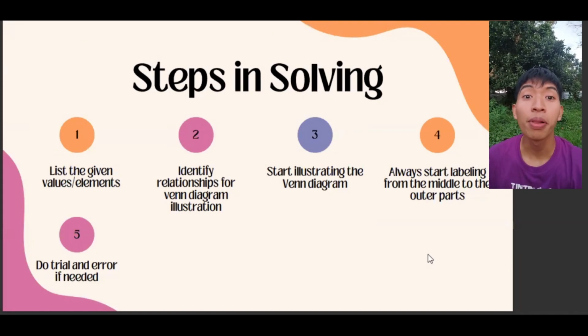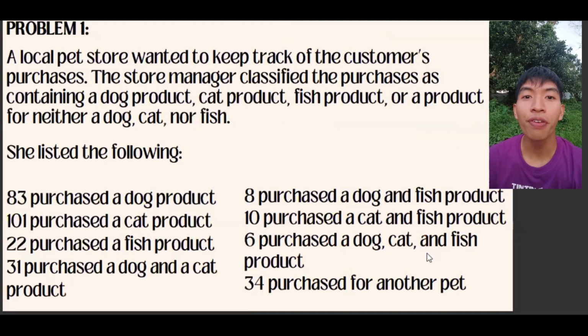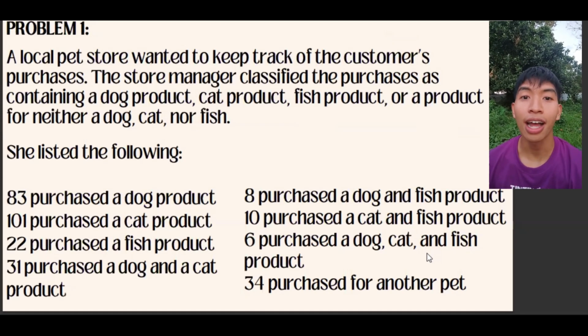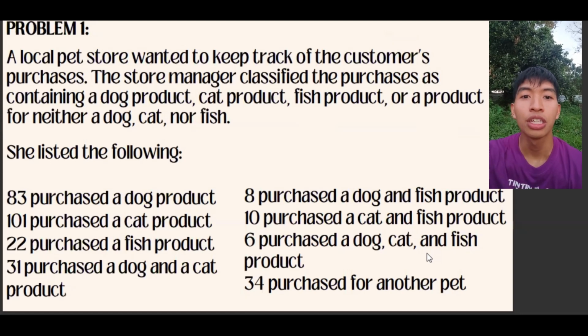So I have here problem 1. A local pet store wanted to keep track of the customer purchases. The store manager classified the purchases as dog product, cat product, fish product, or a product for neither a dog or cat nor fish. She listed the following: